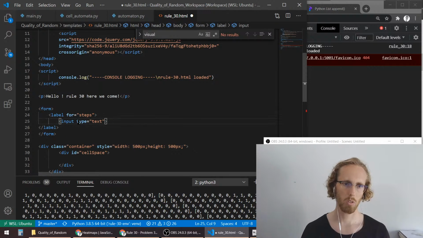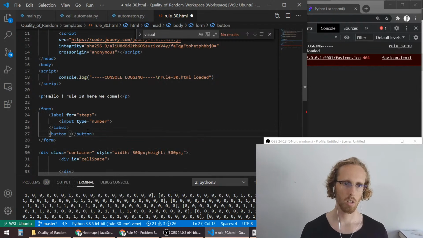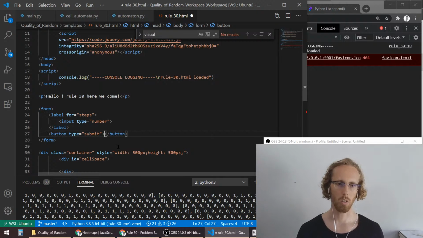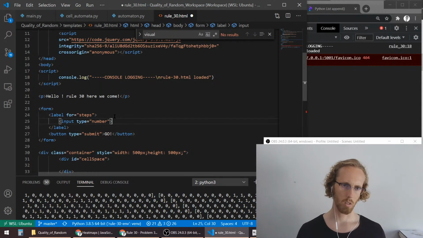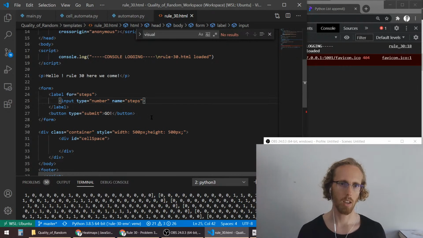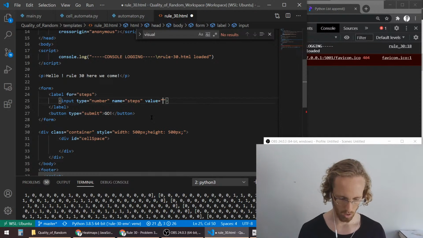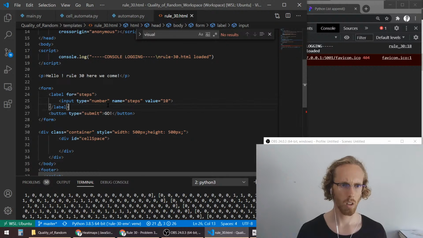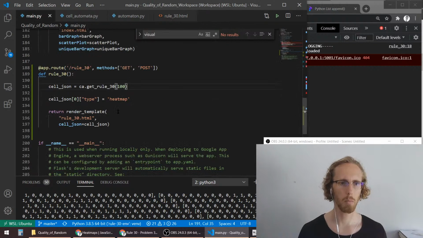Steps is an input of type number, and then we have button, type submit, that string is go, and that's the input type number, name is steps, and then that will create a query in the URL for steps with that number being the value, and we can create an initial value just for not having errors, and then that query will come up in Flask here